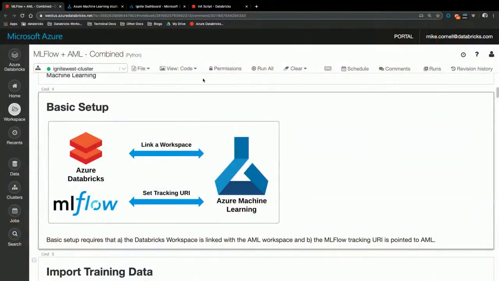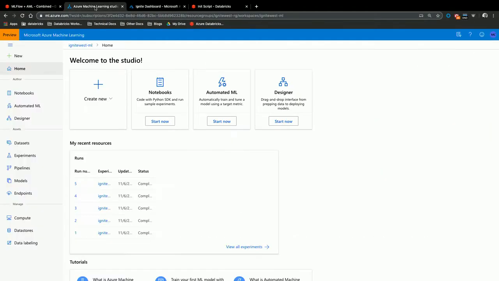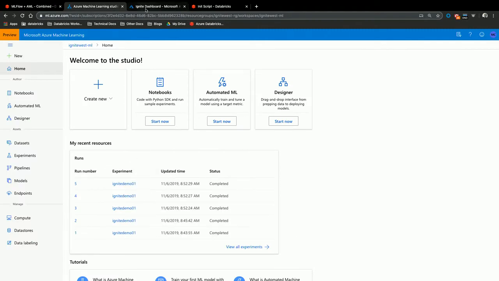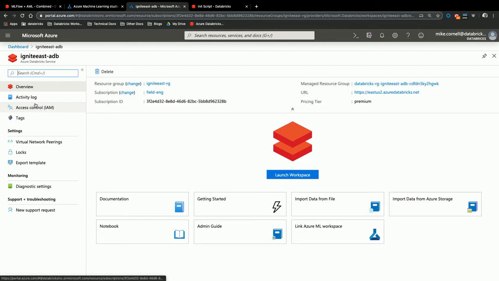So first, let's talk about some basic setup, right? For us to do this, we need to be able to link Azure Databricks with Azure ML, okay? So we've now created inside of Azure Databricks a very simple way to do this. When you create a Databricks workspace and you browse to that workspace, we have a brand new button.